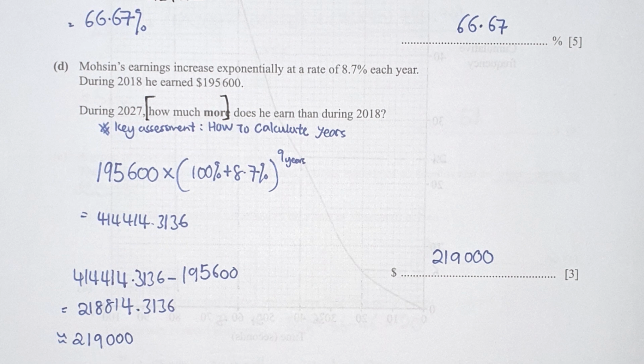As for section D, they wanted to know how much more does he earn during 2027 as compared to 2018. So I calculate the number of years between 2018 to 2027. Okay, it is 9 years in total. So 195,600 times 108.7% to the power of 9. Then we will get